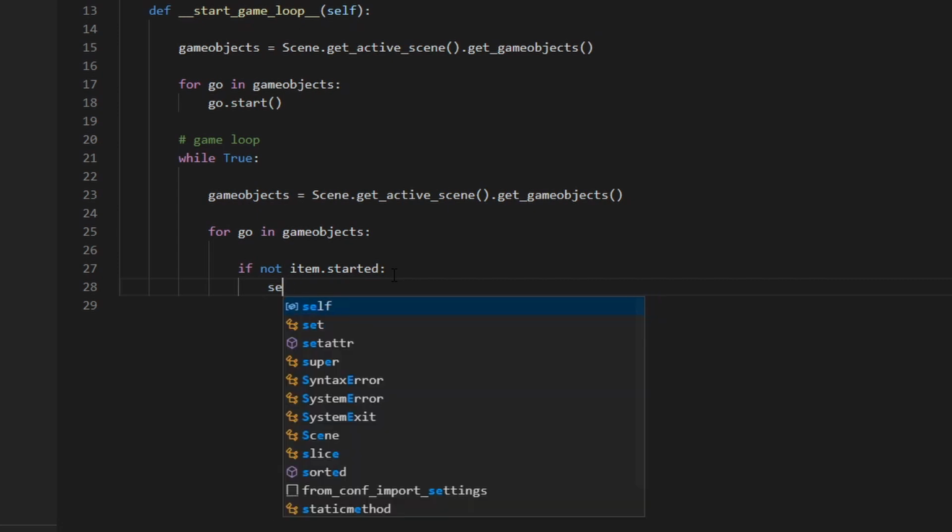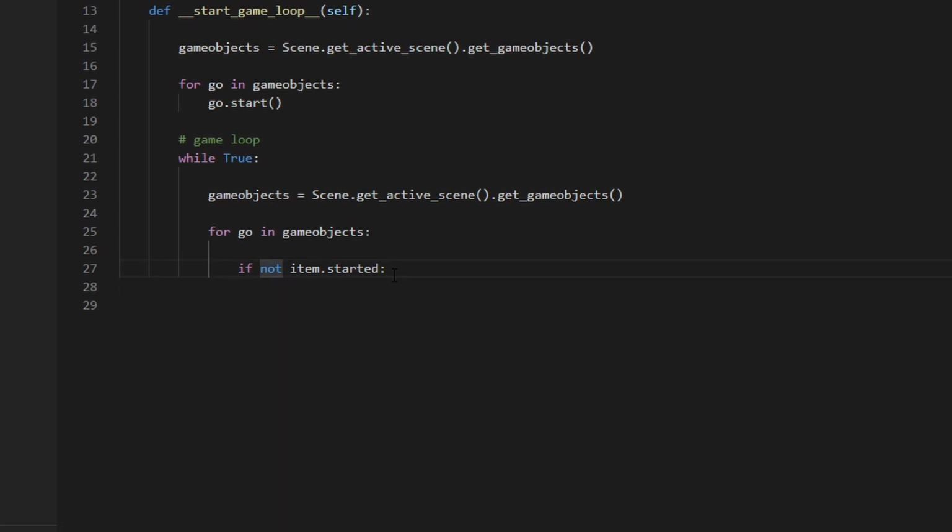So if geo is not item, if they are not started, then I will just start them first of all. This can happen if the game object is not part of the previous frame but it is part of the current frame. Then we will go down, and after starting all the objects,